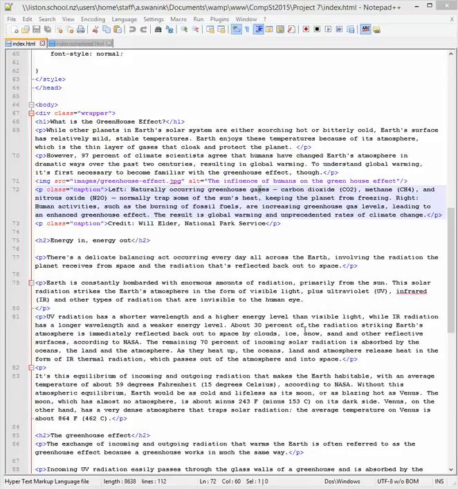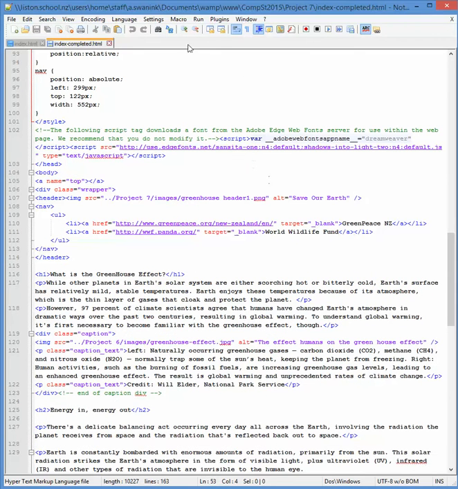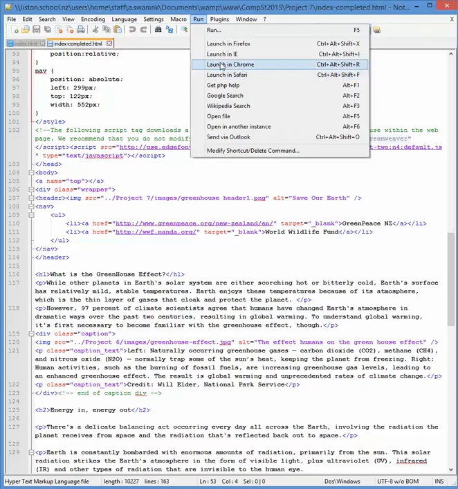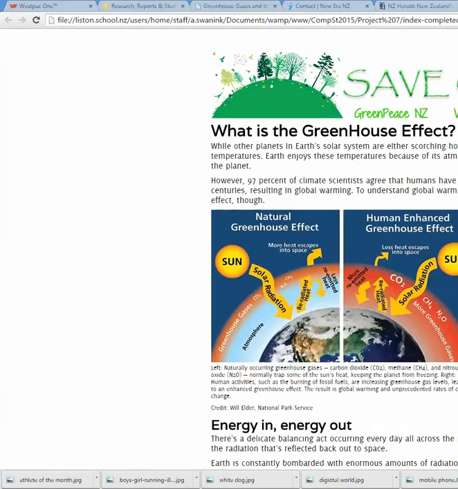Now in this project, as you might have seen on OneNote, what we're going to do is to put some navigation in, some external navigation together with a simple header. So the way that this is going to end up looking, if I just go to this completed one here,